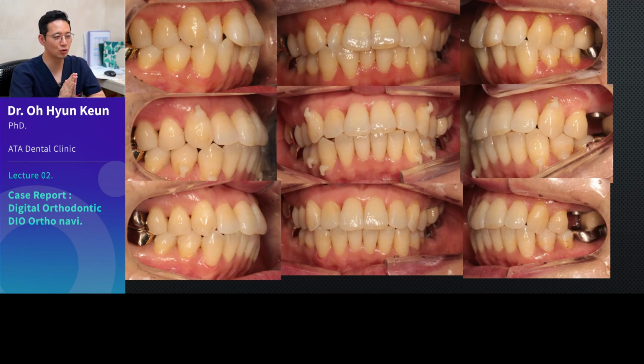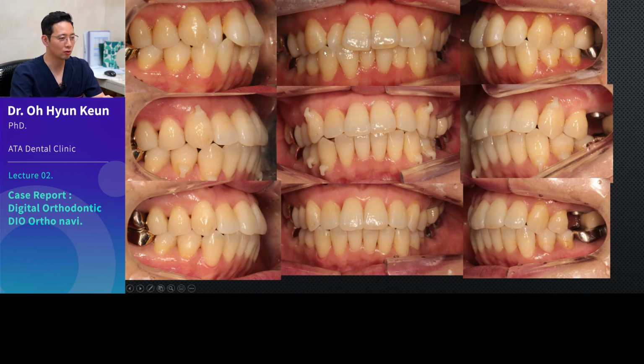I'm not saying you should use a partial brace here. You should do a full brace. Full braces are always better. But if there are limitations, such as money or time, but the patient still wants to do something about their issues, then you could suggest doing a partial braces, always with the patient's consent. You must not opt for a partial when you can do a full braces.